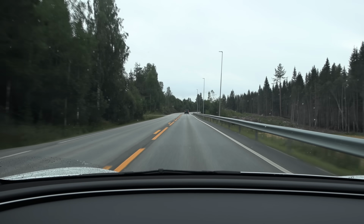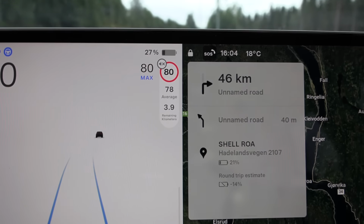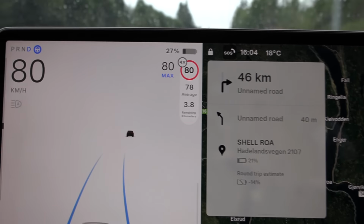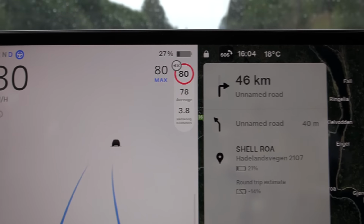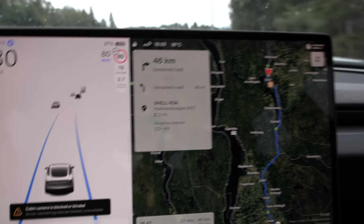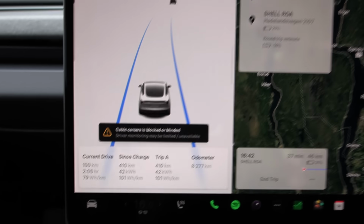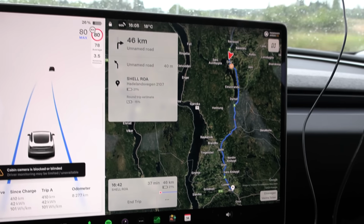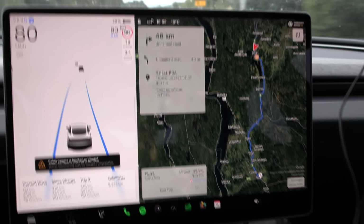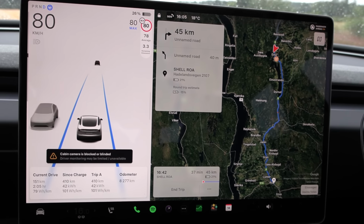We just passed Gjøvik, and over here we are currently in the average speed zone. And look here, alien technology. It shows you that the average speed is 78 kilometers per hour, and then we are 3.8 kilometers away. This is awesome, man. So the consumption right now is 101 watt-hour per kilometer, but we are kind of in the highlands. So we still don't know yet if we can beat Ioniq. When we were in the lowland there, it was dipping down to 97 watt-hour per kilometer,